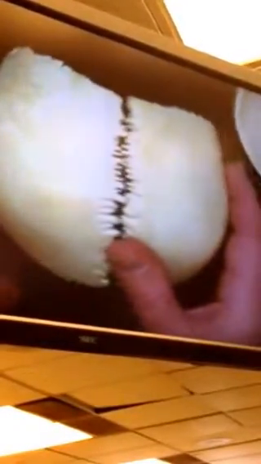Let's see. Sometimes we can actually put these things back together. It's kind of like Legos. So this is a left, and this is a right. And the anterior aspect of these bones are articulated with the frontal bone. How we determine the side, and that's something that you have to be able to do with each and every one of these bones, is if you look here,